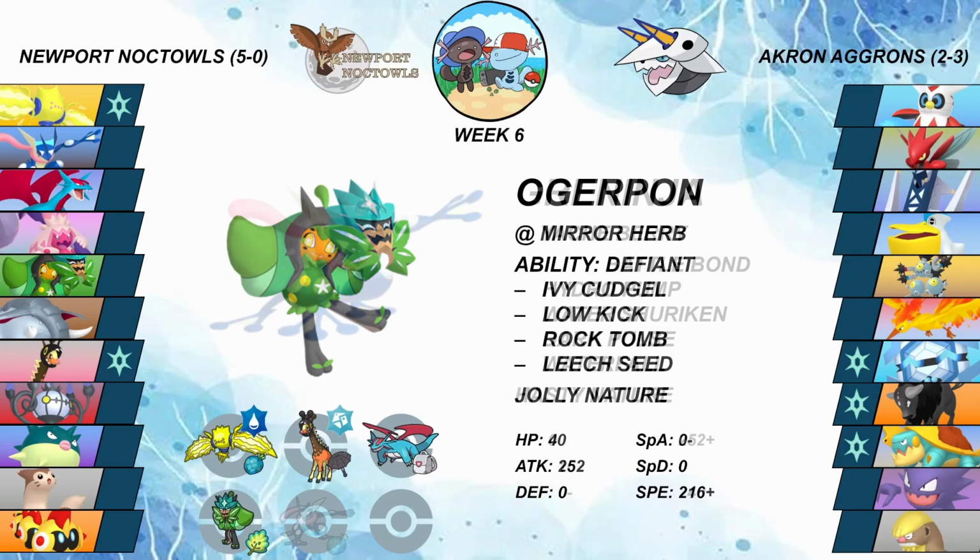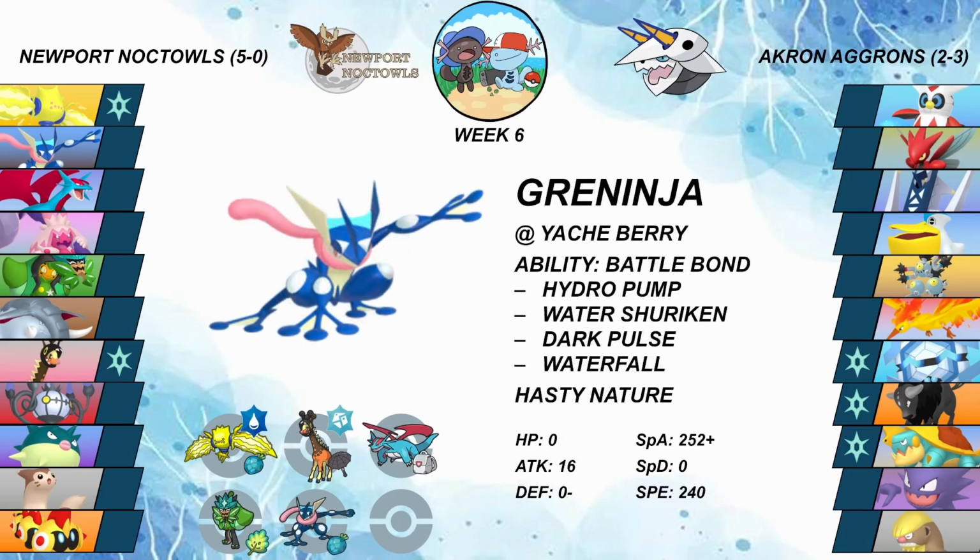Next up, I have Greninja, which looks to be a very good Battle Bond sweeper this week. If I manage to get that 1 KO to activate the bond, my opponent could have a few different responses to answer it. The set is designed with those responses in mind. The Yachi Berry is here for the same reason as with Regieleki. It means that I can take any one hit from +1 Bundle and continue my sweep by knocking it out